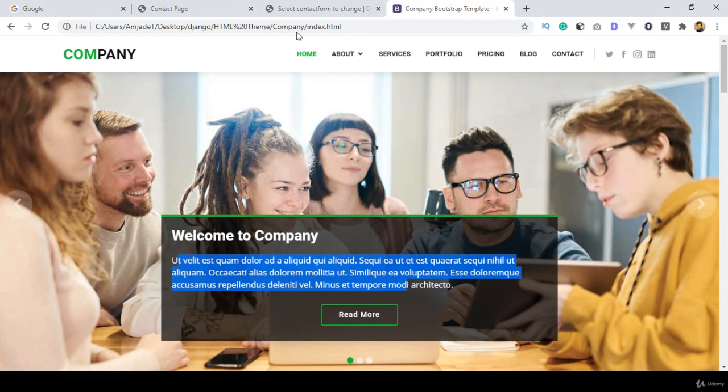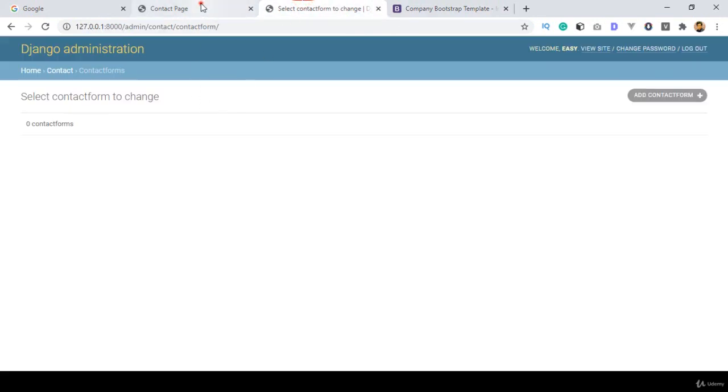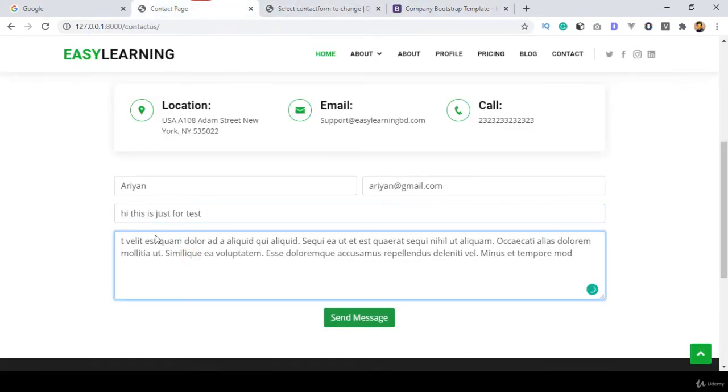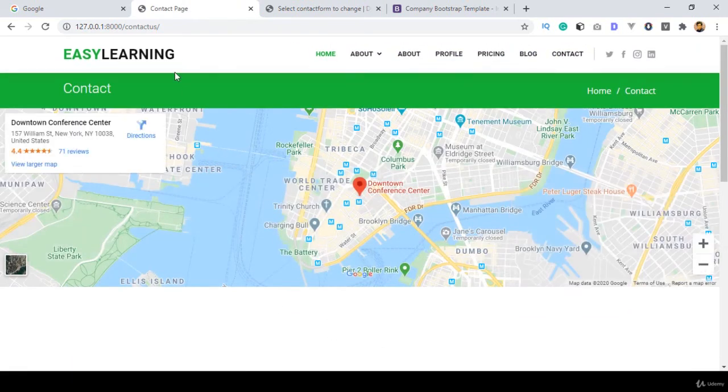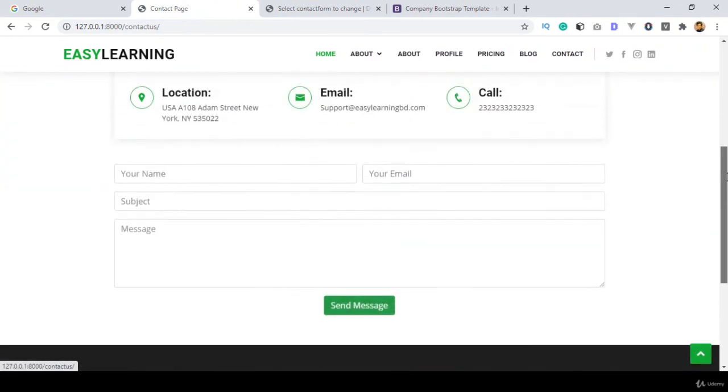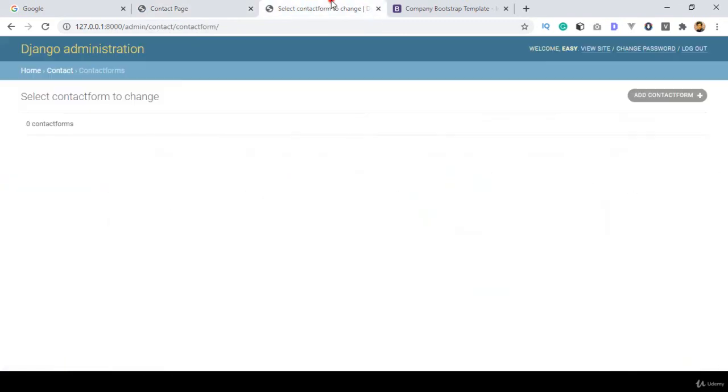I just put in some message, and after that if you click send message, yes, you can see no error is displayed. And now let's check this out. Go to our database table, and now if you refresh it, yes, you can see, friend, it successfully displays our